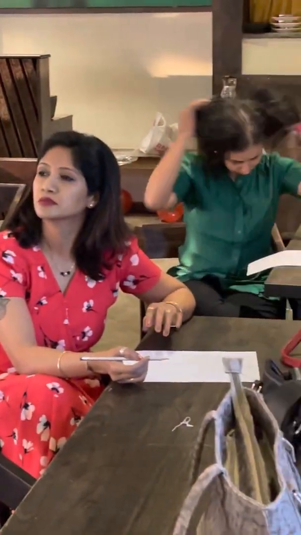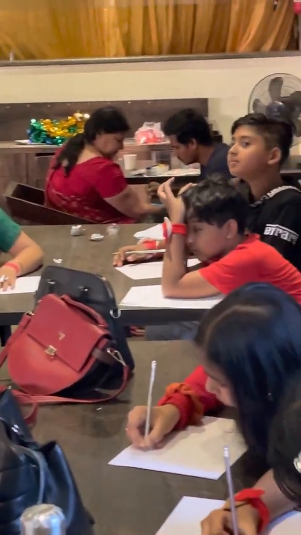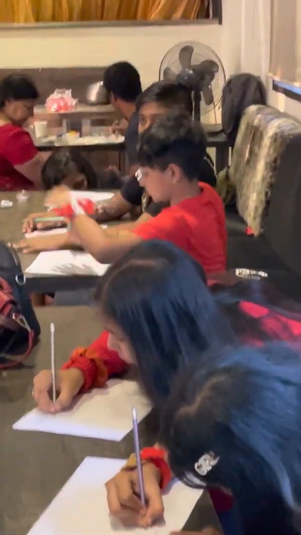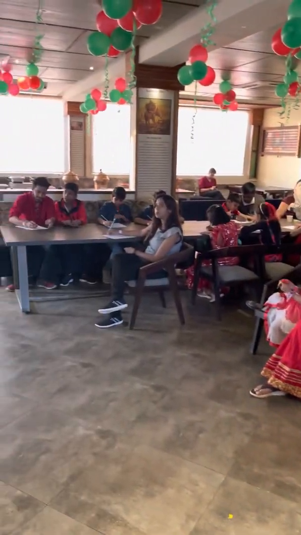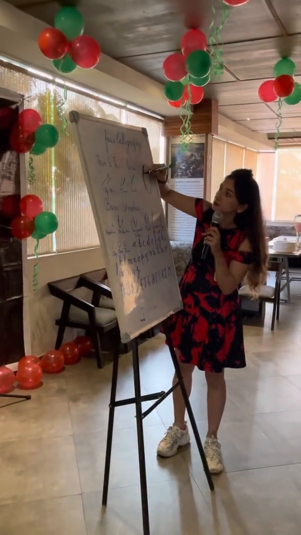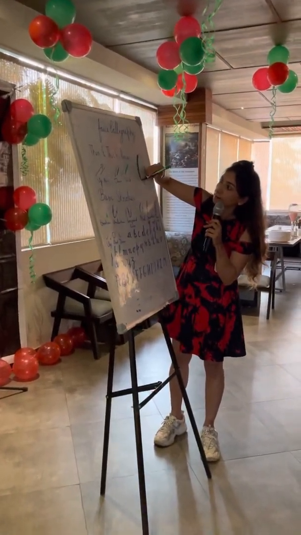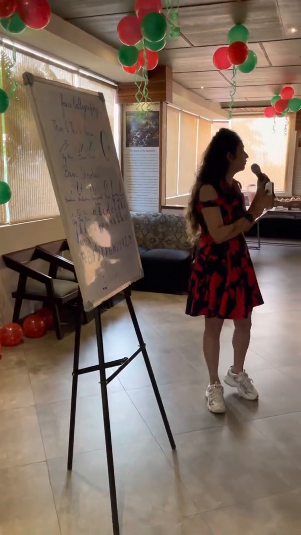Okay, now we draw the oval. So how do we draw the oval? So we go like this. So this is the downstroke and this is the upstroke. So we'll thicken this one. Okay, clear? The oval is clear, right?